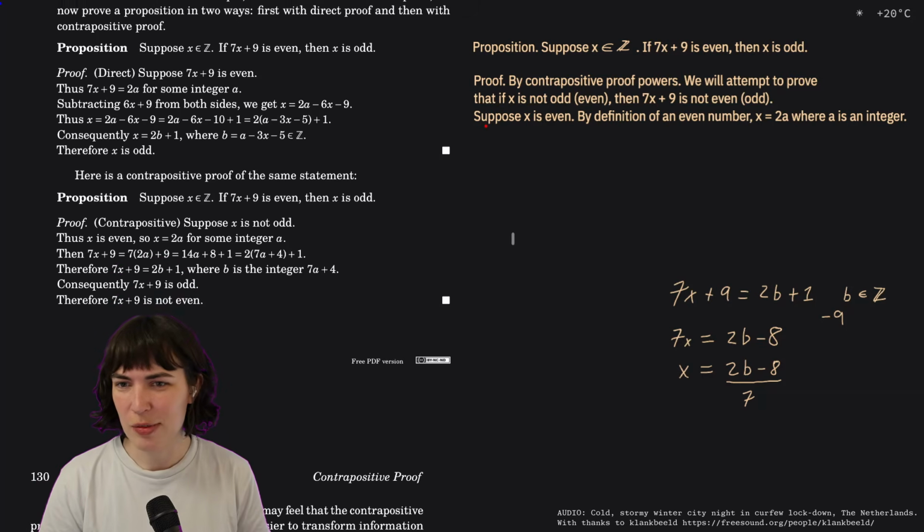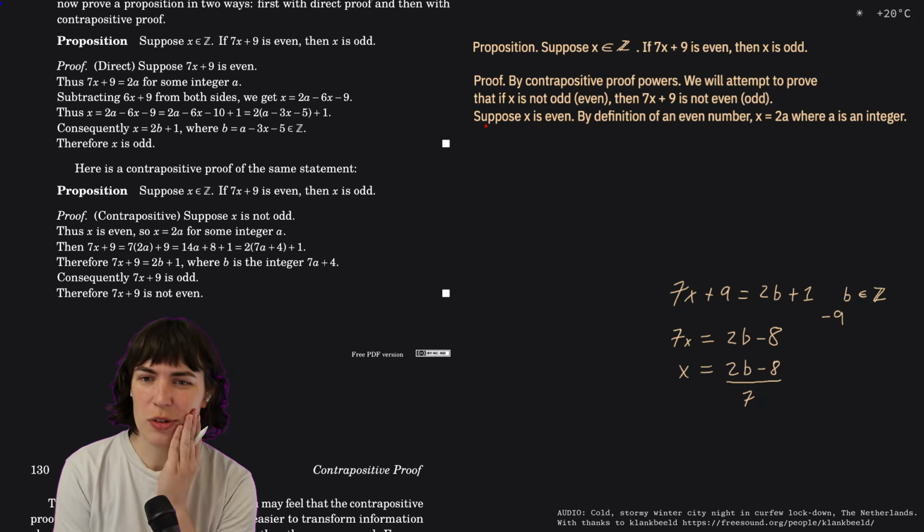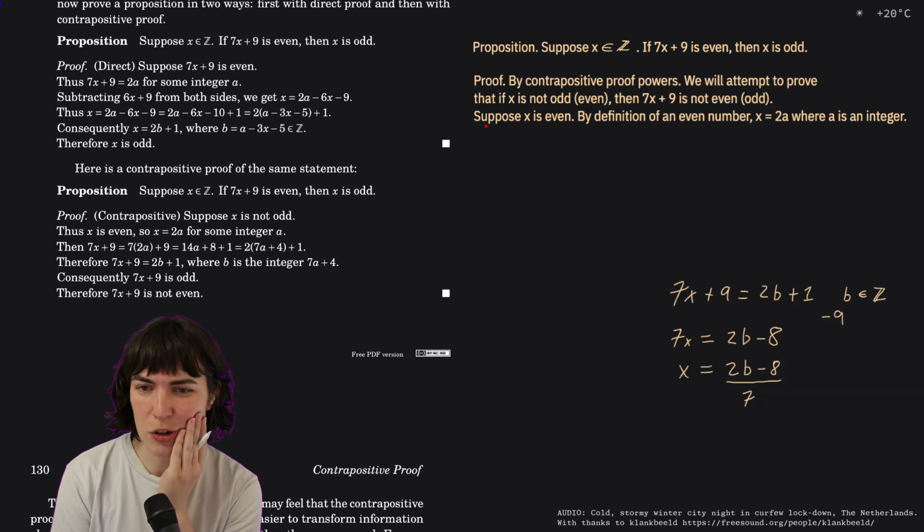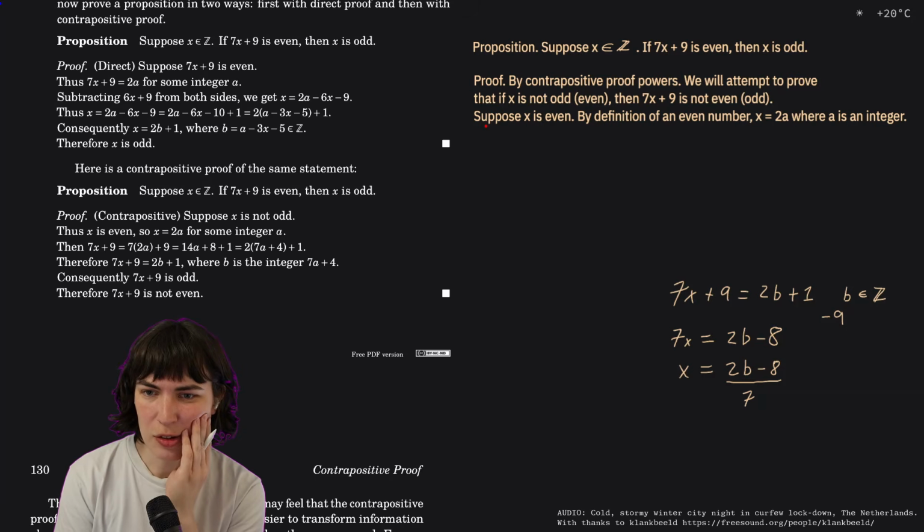Okay, fine. All right, now contrapositive proof. We start off with proof contrapositive. Suppose x is not odd. That's what I did. Thus x is even. So x equals 2a. Okay, I did that for some integer a. Then 7x plus 9 equals